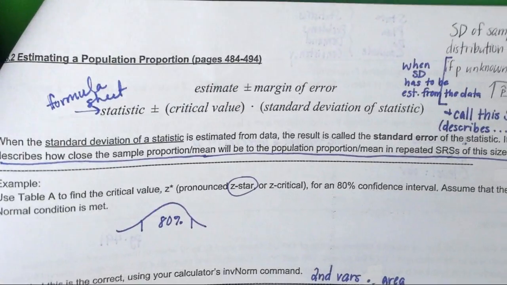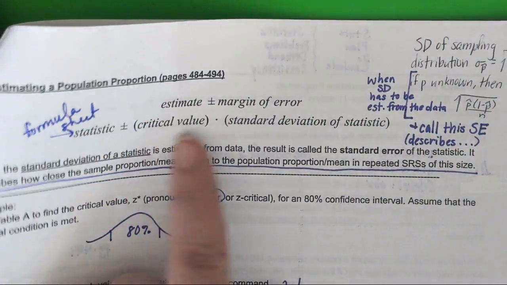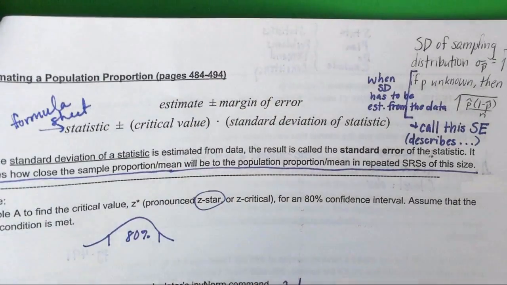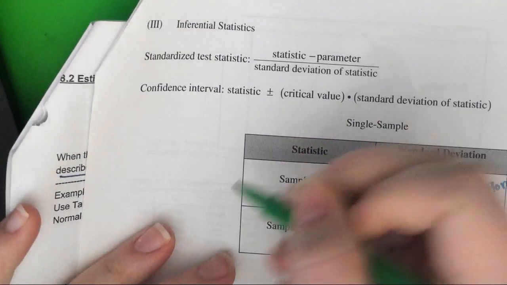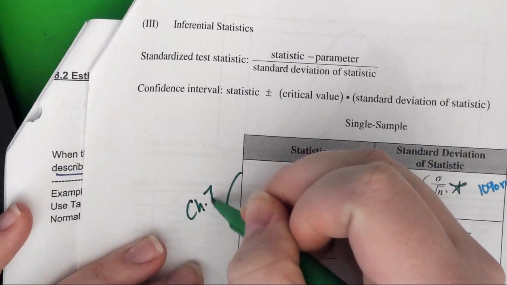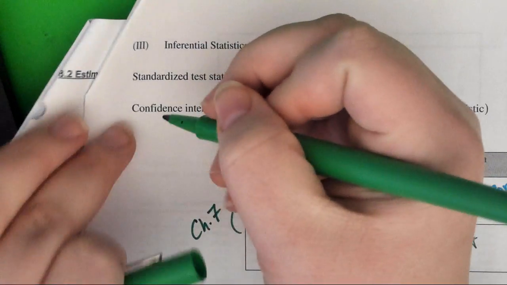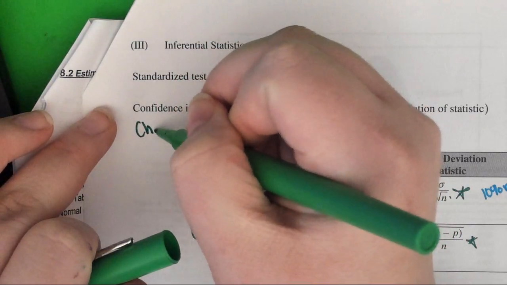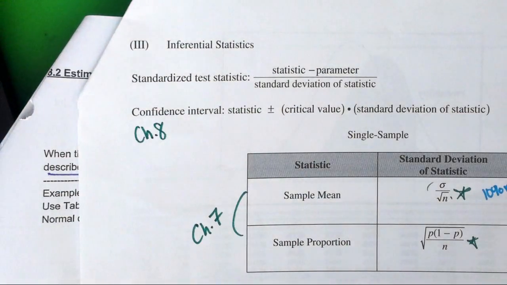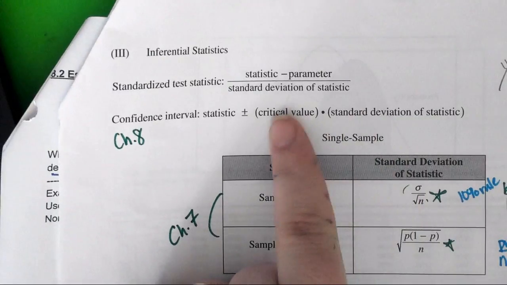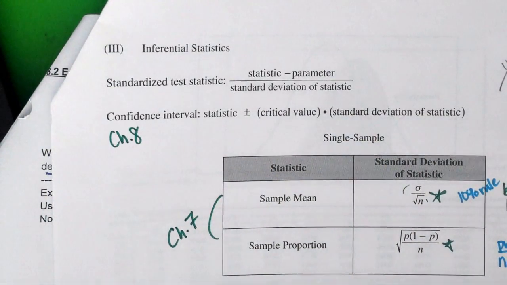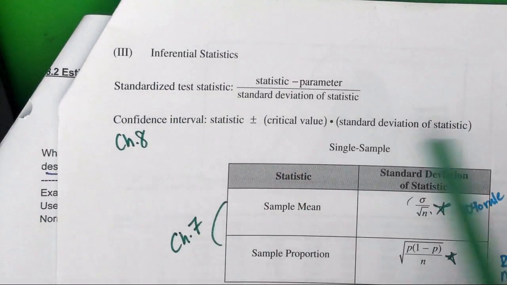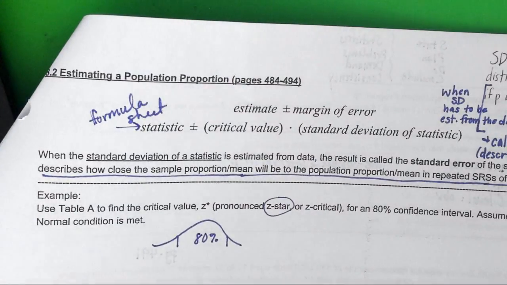The good news, tiny good news, is that this formula is on your formula sheet. We were just using these two formulas for chapter 7. And then right above it is the confidence interval formula that will help with chapter 8. However, how helpful really is a bunch of words if you don't know what the words mean? So, there's a price for that. But if you had a moment, maybe the words would help. Okay, so